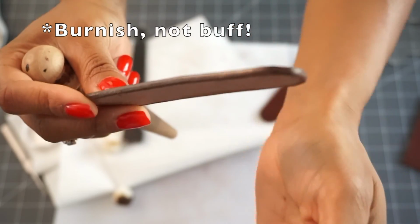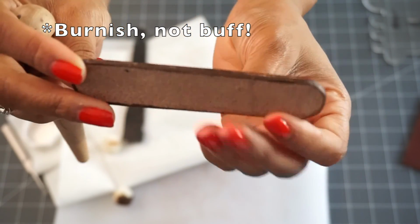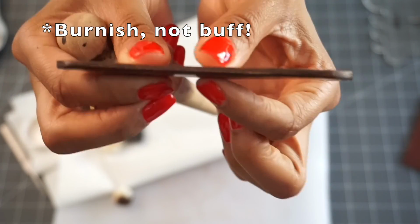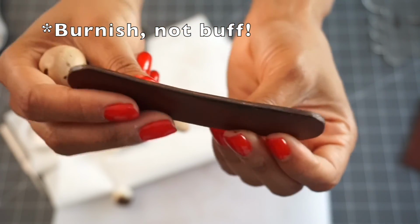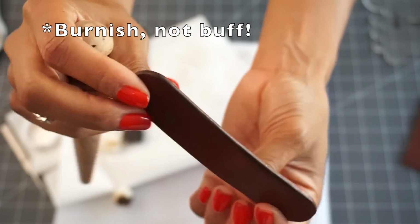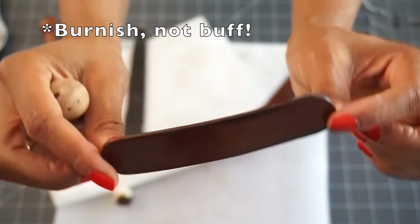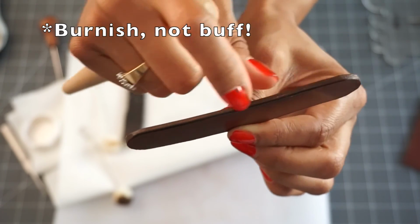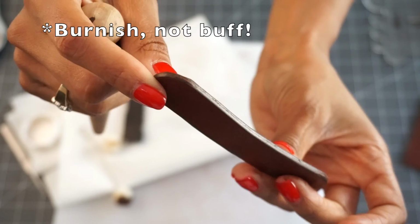Even though this was made with 2 different pieces, the more you buff it, sand it, and coat it, the closer the pieces will come together and it'll look seamless, like it was just made with 1 piece. So just FYI, if you are putting 2 pieces of leather together and you don't want your edges to show like a line or a dent or anything in the middle, then continue to buff